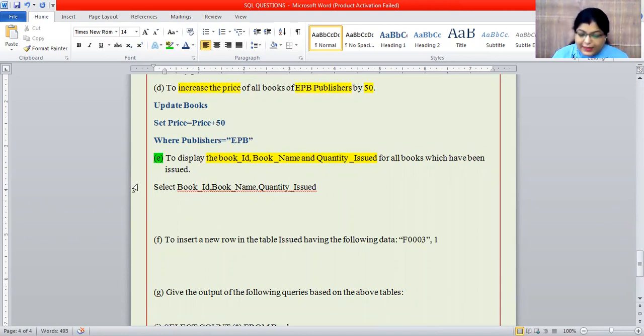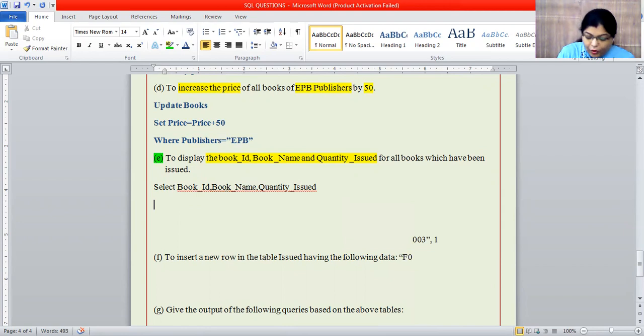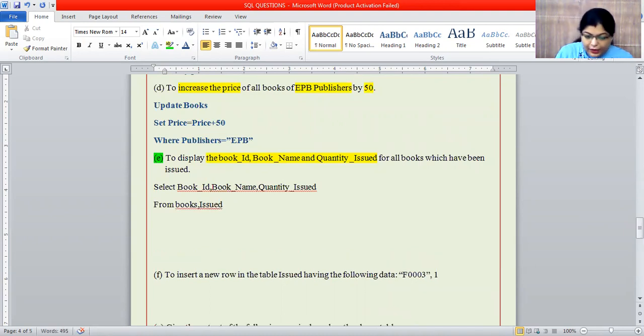So see here, select book ID, book name and quantity issued from books, and we have to write the second table as well because we are taking the data from two tables: from books comma issued, where.